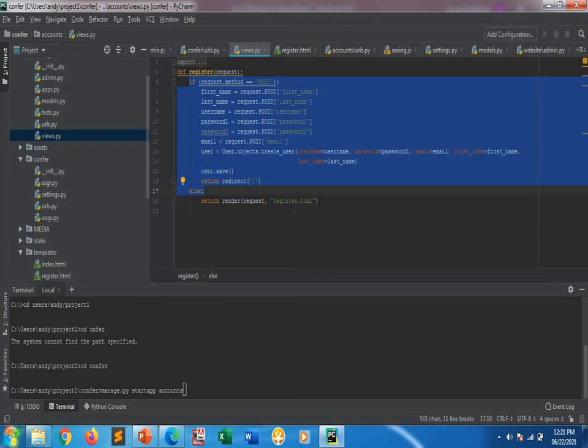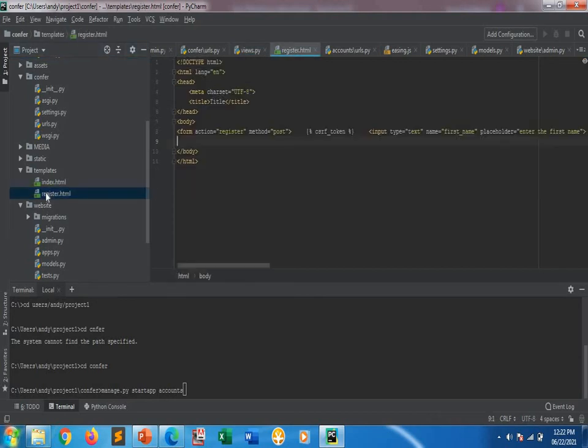So what will request register.html do? When I click on register, it should come to register.html. For that I require a register.html page, so I should go to templates and create register.html. So what is there in register.html? Here we have a form. In that we have taken a CSRF token, as we are working with post. Then we have first name, last name, username, password, and all the stuff we require.